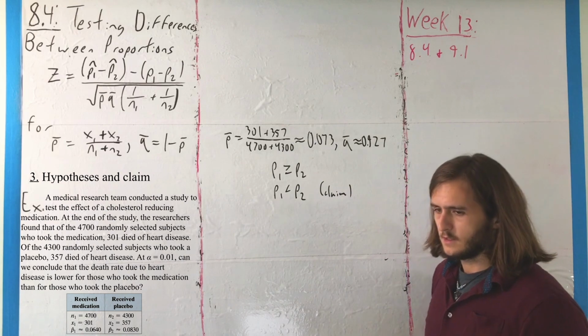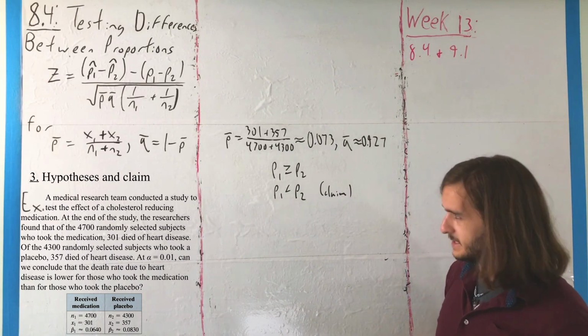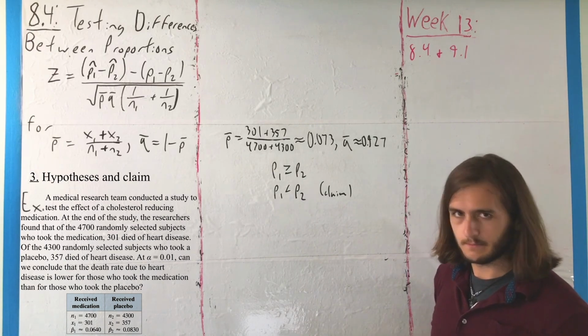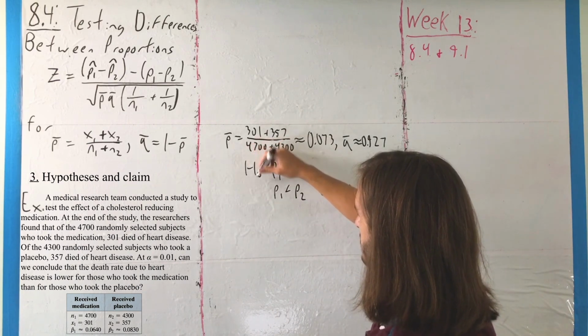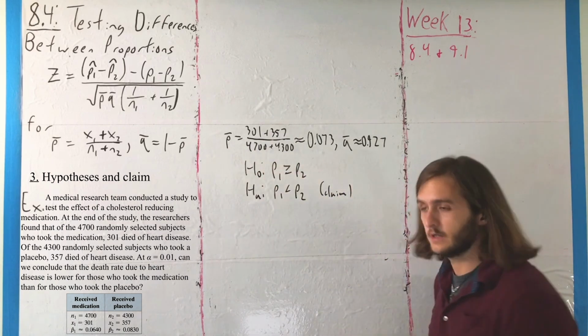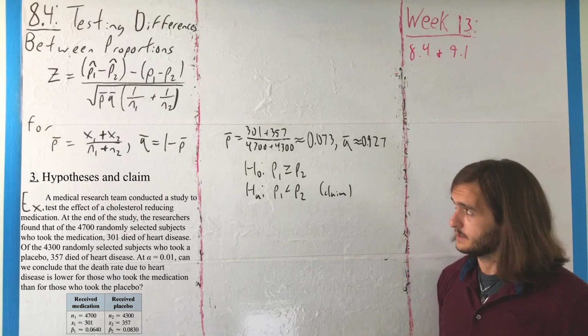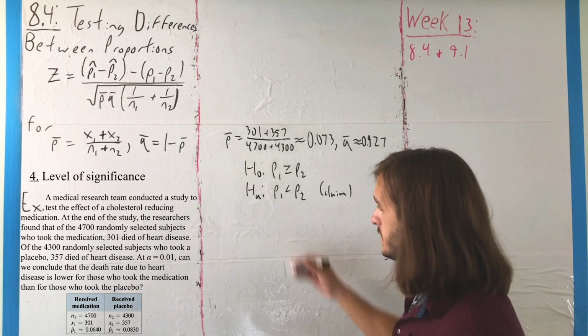That is, at least as many people died due to heart disease even if they took the medication. Kind of grim, but that's how medical studies usually go. Where this one gets to be the null hypothesis, and our claim gets to be the alternative. That's the very traditional way to have this. Anyway, with our hypotheses and claim, p-bar, q-bar, we can then get to our level of significance, which here is